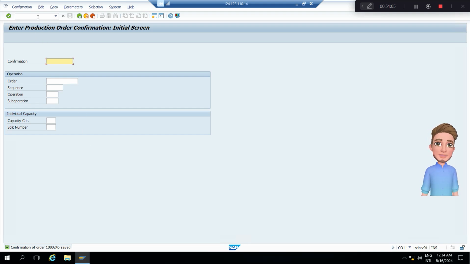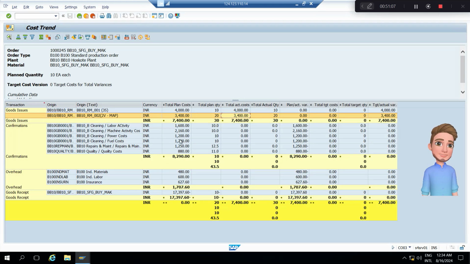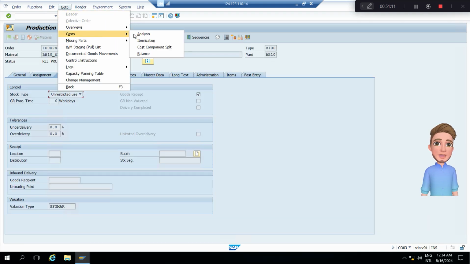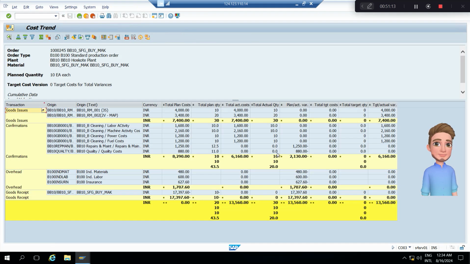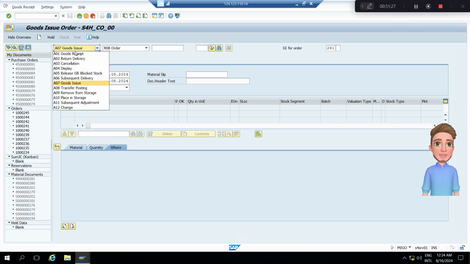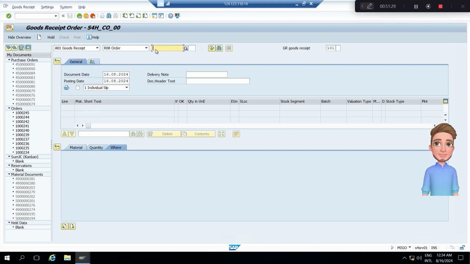Check the cost analysis, please. So here you go back, go to cost analysis. Okay. So you have these four materials here, activity which has got confirmed. You can run the template. Let me receive the goods receipt also. Again, go back to MIGO, do a goods receipt against this order, 245,